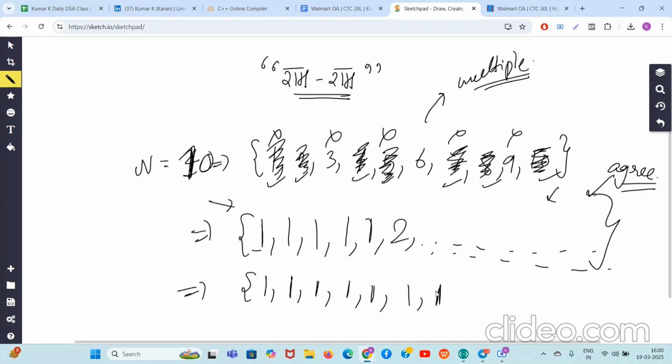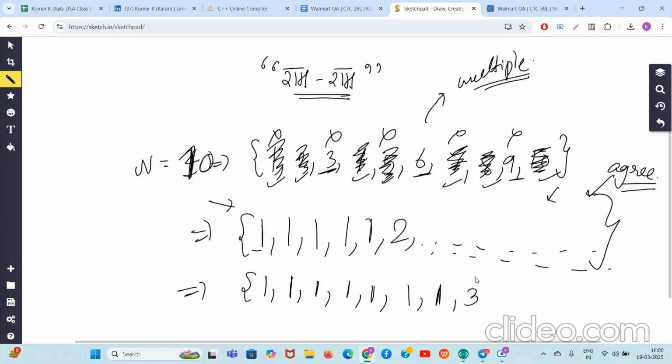You can try it out. The GCD is going to remain 1 only because you are deleting all the numbers except the numbers which are divisible by 3. So it is guaranteed that the GCD is going to remain 1. And now the remaining elements will be 3, 6, and 9. So GCD of 3, 6, 9, all are divisible by 3, it will come 3. But there is no use of this.